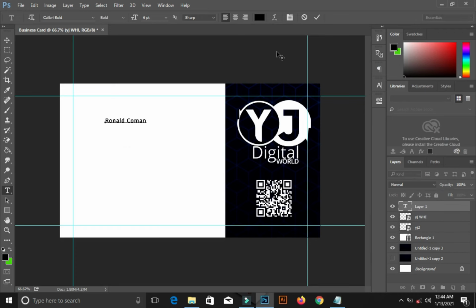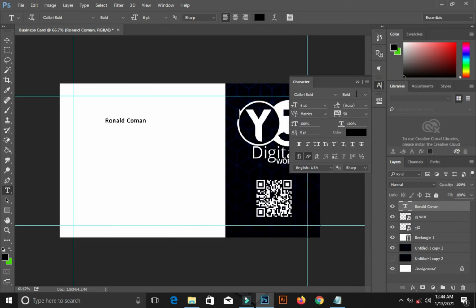Paste. Okay, come to my font here. Okay, it's good. Size it, increase the size. Okay, I think this size is okay.